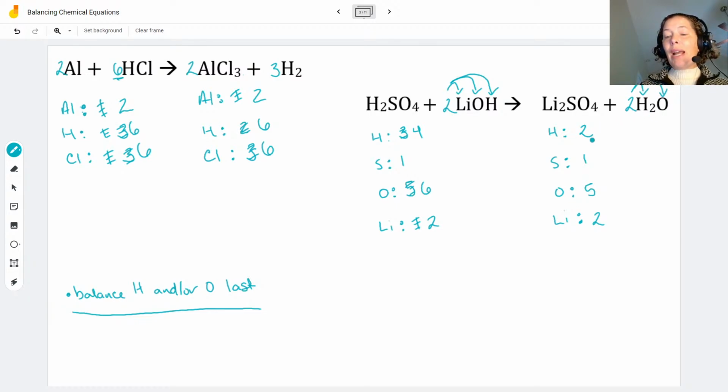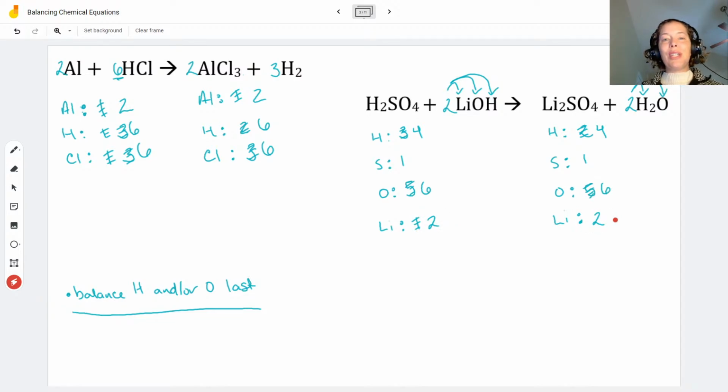Okay, so for my hydrogen, I now have 2 times 2. I have 4 hydrogen atoms. And for my oxygen, I still have my 4 from my lithium sulfate, but now I need to add 2 more because I have a multiplier of 2, which is going to give me 4, 5, 6. And that's all it changes. And you can see that my atoms are now balanced, and this is 6 and 6, and I have 2